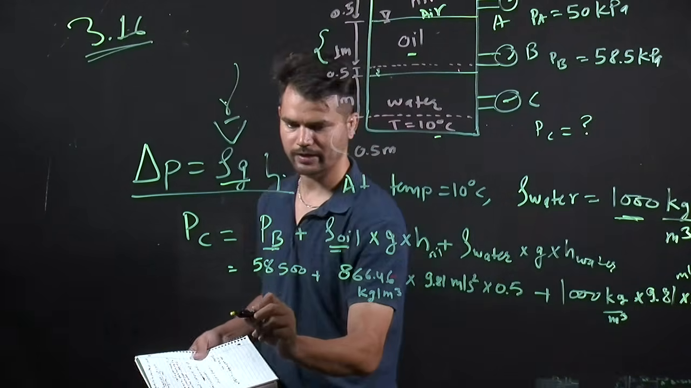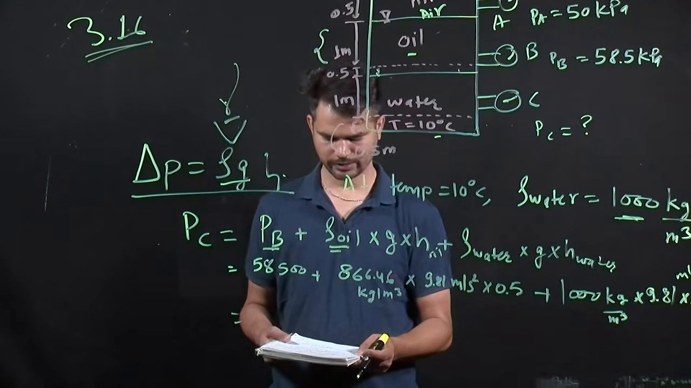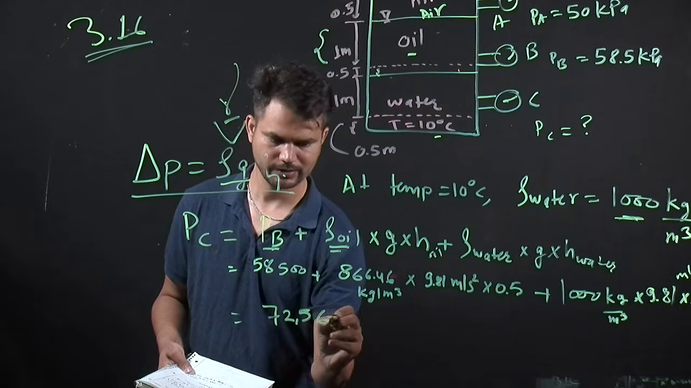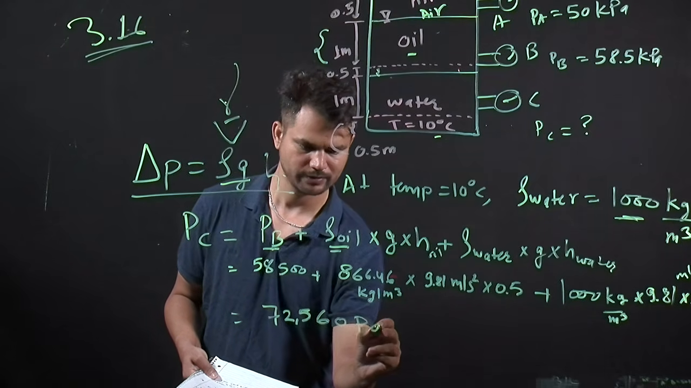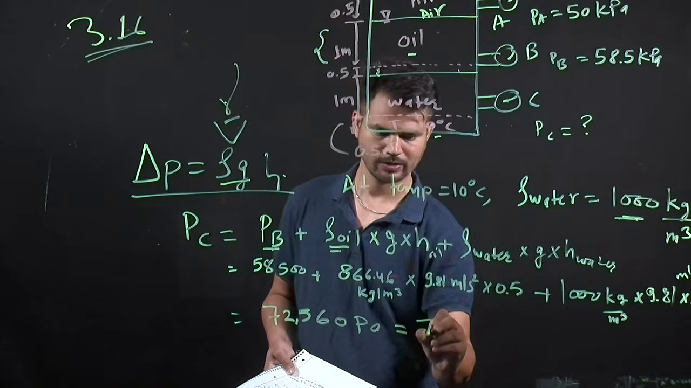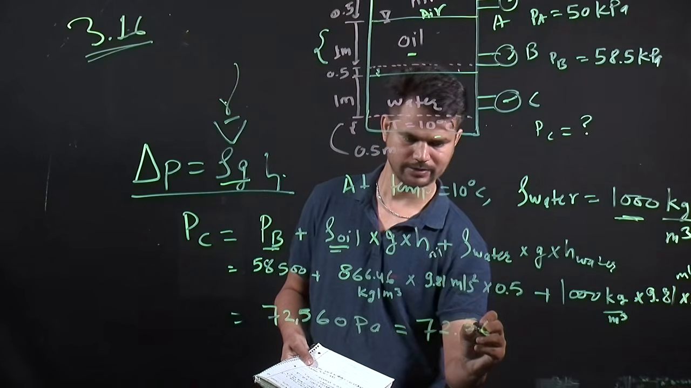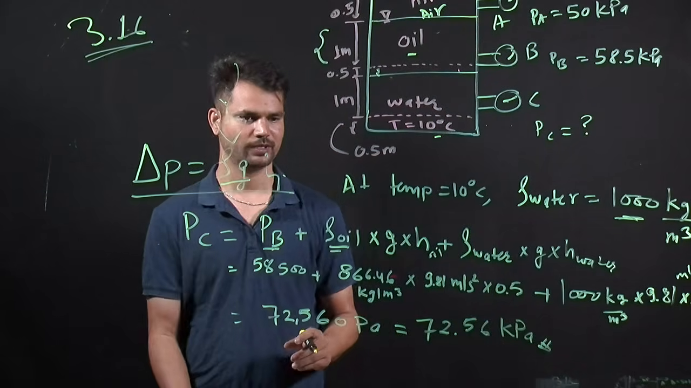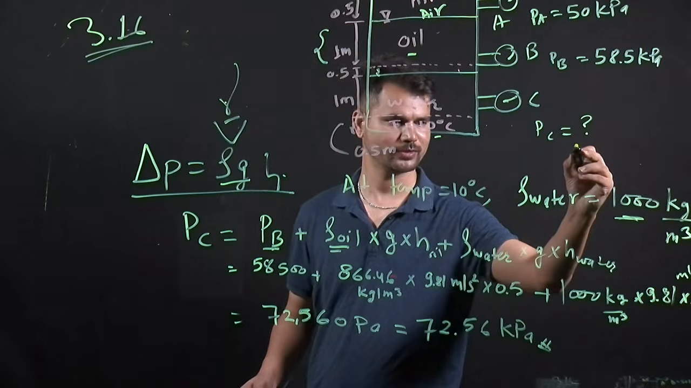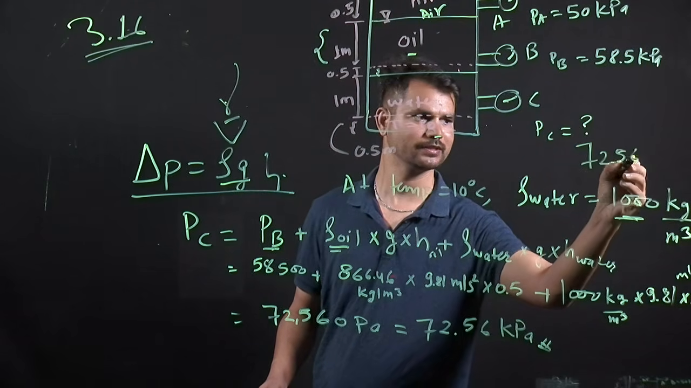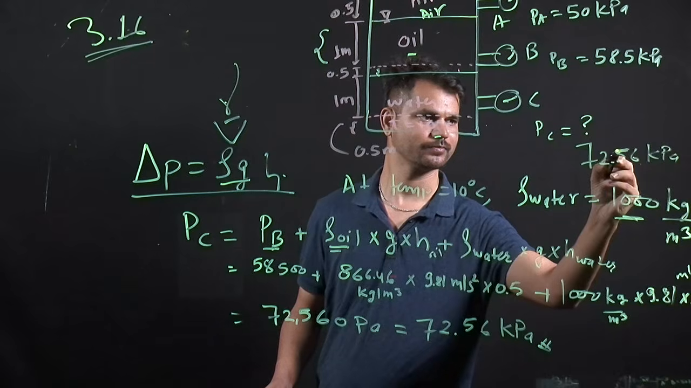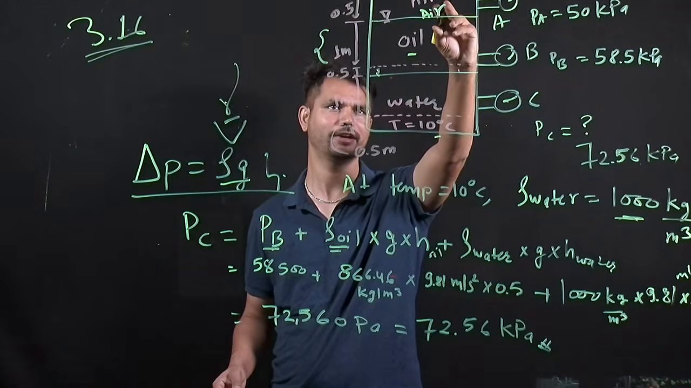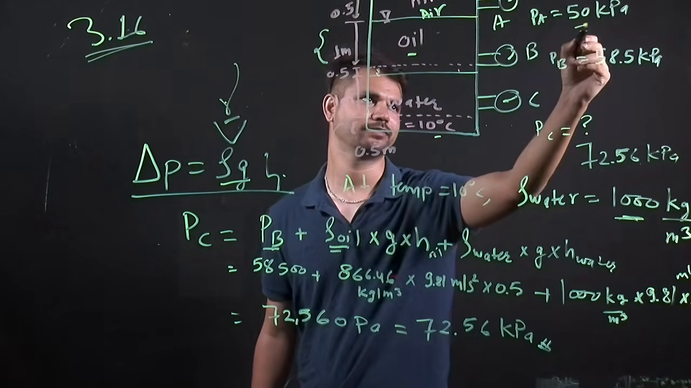So when we compute all these together, we get 72,560 pascal, which will be equal to 72.56 kilopascal. As you see, this will be equal to 72.56 kilopascal. Here you see, when we are at the top air surface, the pressure was 50,